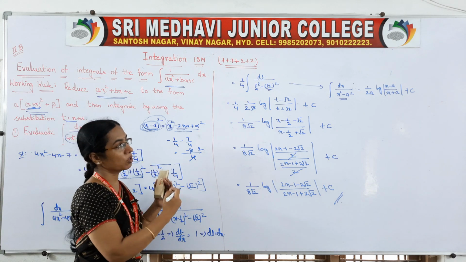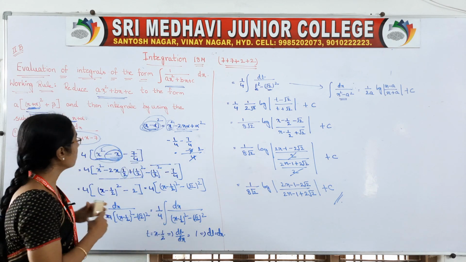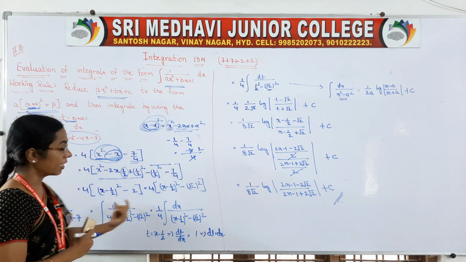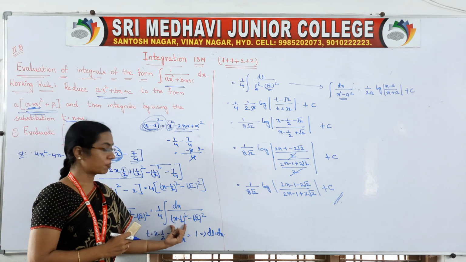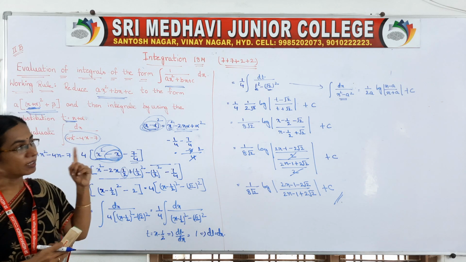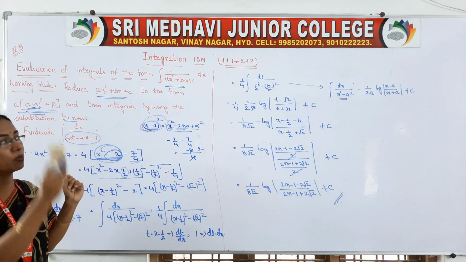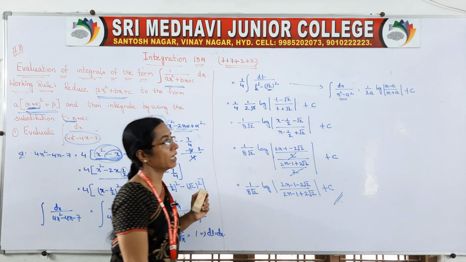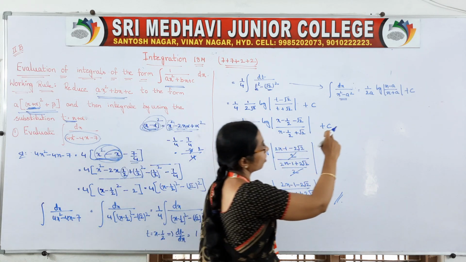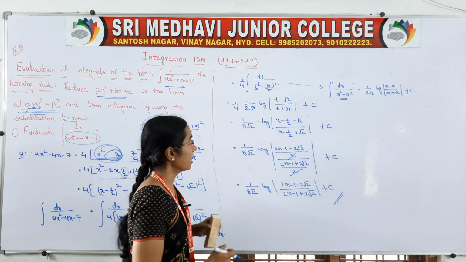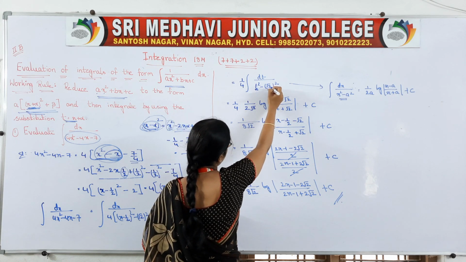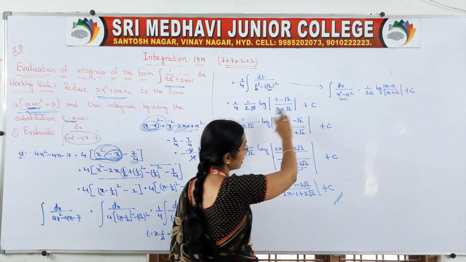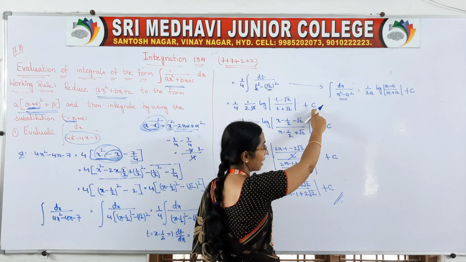So first we have to reduce that into this form. Which form? This form, right? After that you take the integral, and in the integral, instead of x minus 1 by 2 we substituted t. Then after all these things, our problem will come to one final form, that is integral dx by x square minus a square, that is 1 by 2a log of x minus a by x plus a plus c. In x's place we are having t, in a's place we are having root 2 substituted. So once the formula is applied, that means the integral is completed, we will write plus c.